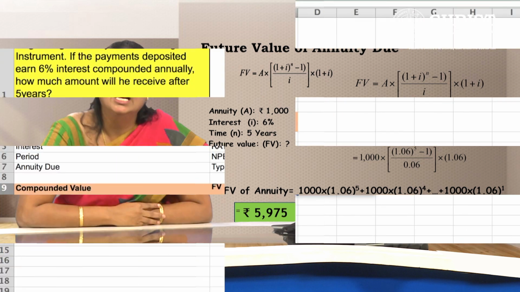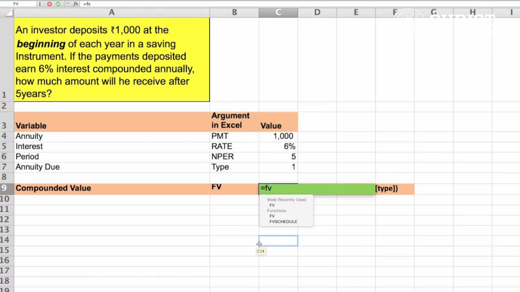To do this with Excel, let us use the formula FV. Select the rate, that is 6%, NPER, that is 5, the PMT is 1000 and we will ignore the argument for PV. Now we have to use the argument type. Earlier we had ignored that, which means that it was an ordinary annuity. If it is an annuity due, we put 1 for the type, indicating that the cash flow occurs from the beginning of the period, and here we get the same answer as we got with the formula.